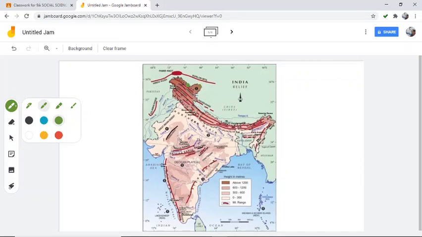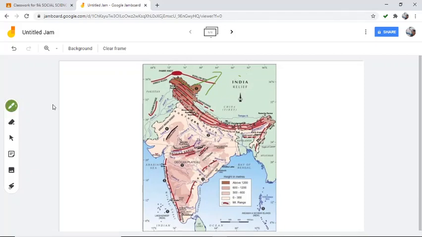So if the question is mark the Karakoram range, you can see it starts from here, and you can mark it till here. Just marking it is not enough. Put a hyphen, and here you can write Karakoram range. I'm not writing completely because it would be like writing in a paper, so I'm just telling you. Mark it, write it there, then and there. That will be enough. When you make an index and all, you get confused, so mark it there itself.